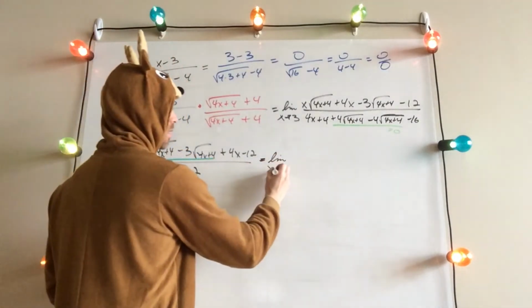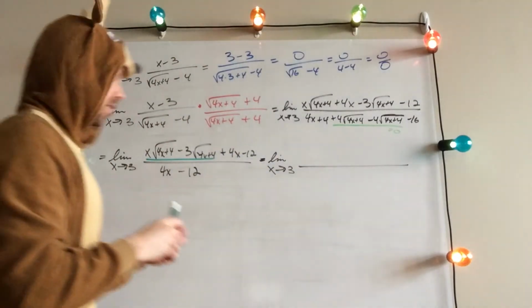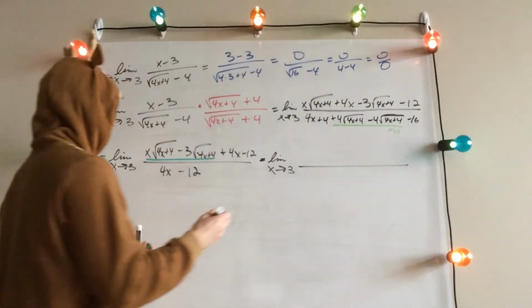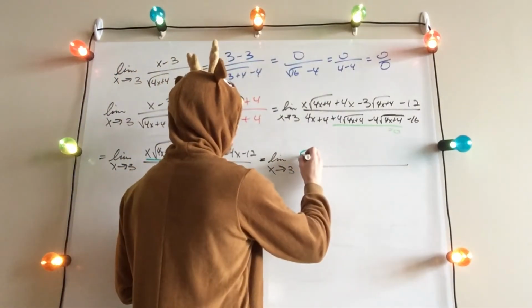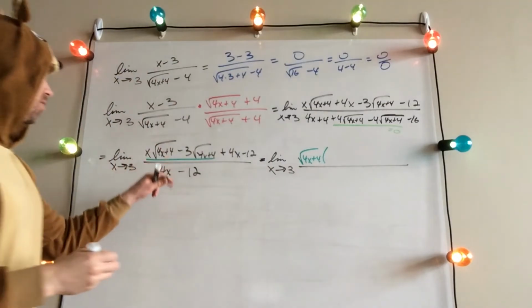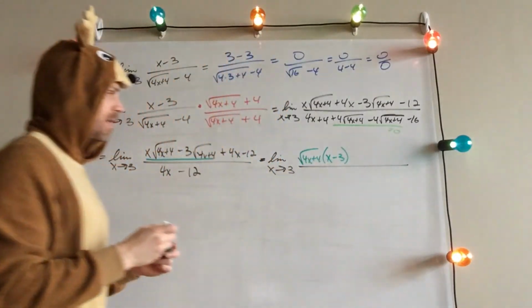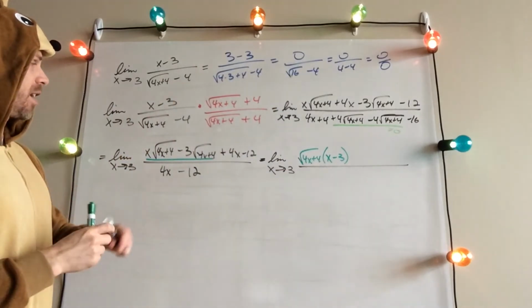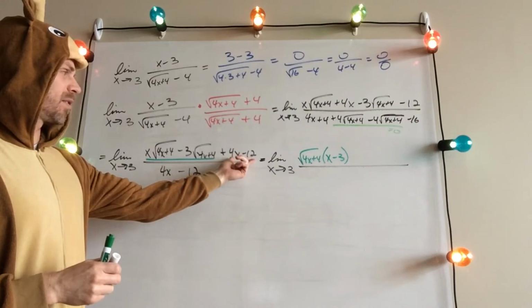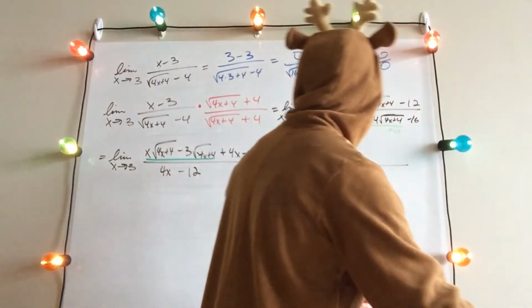Limit as x goes to 3. Both of those pieces have that same radical, so when we factored the radical out, we were left with x minus 3. Okay. And then actually when we have these next two pieces right here, they have a common factor of 4. If we factor the 4 out of those two pieces,